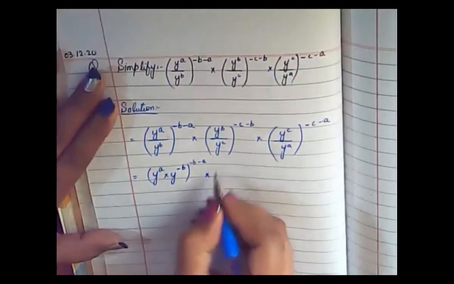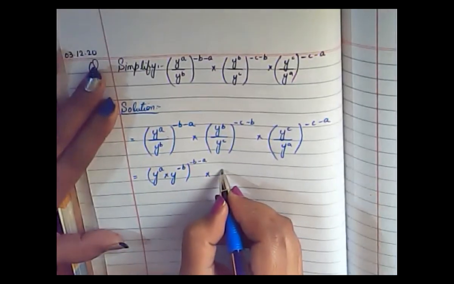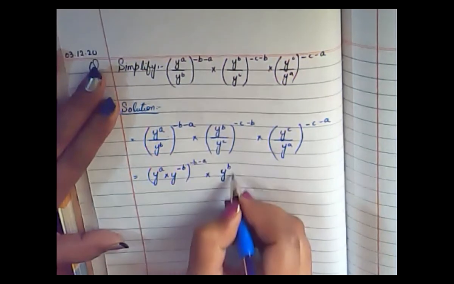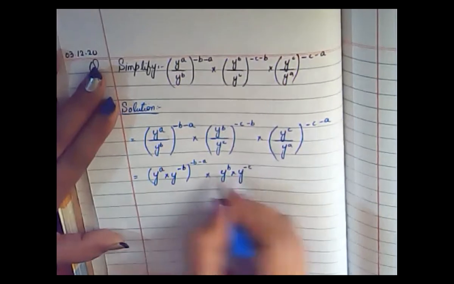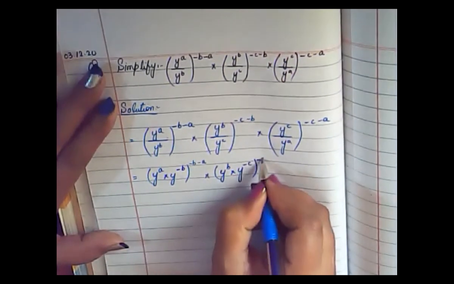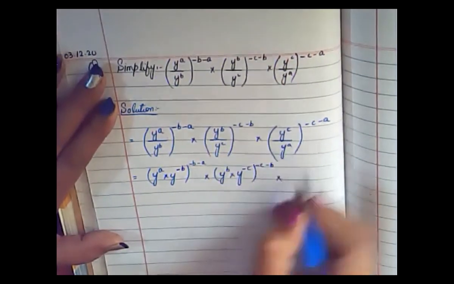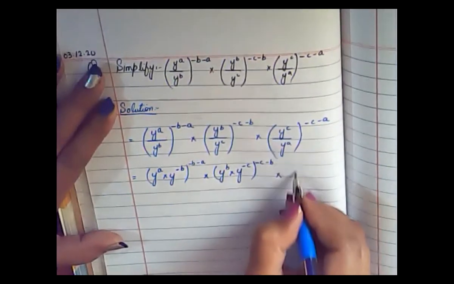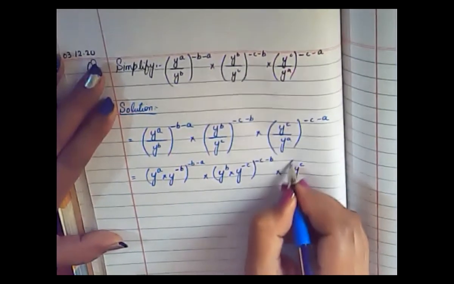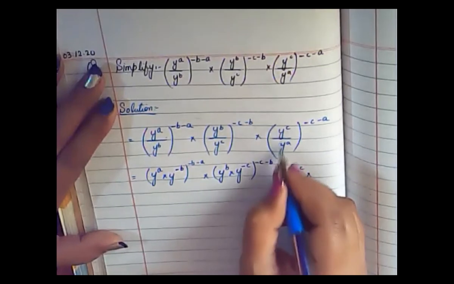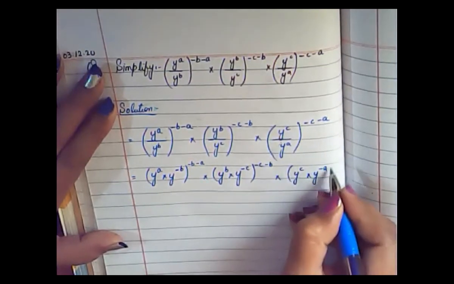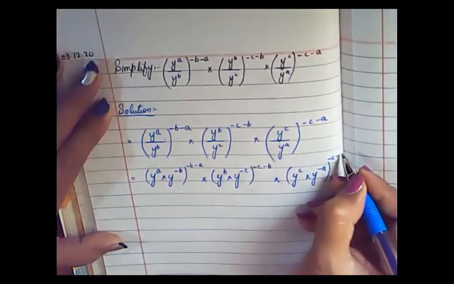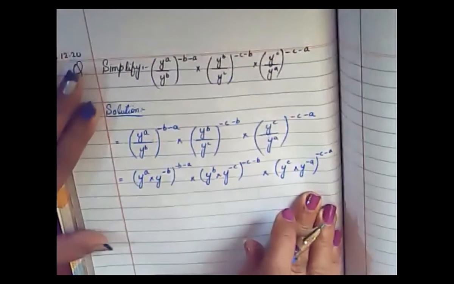Then we will do the same with this one. Simply we will write it down here, yb multiplied by y. Now it is shifting upward, so it will be minus c, and it has whole power minus (c minus b), multiplied by yc. Okay, multiplied by y, which comes upward; plus a goes upward as minus a, and it will be minus c minus a, the whole power.